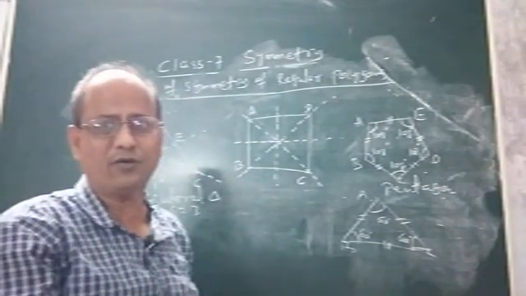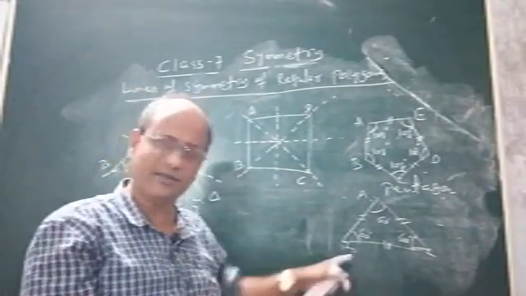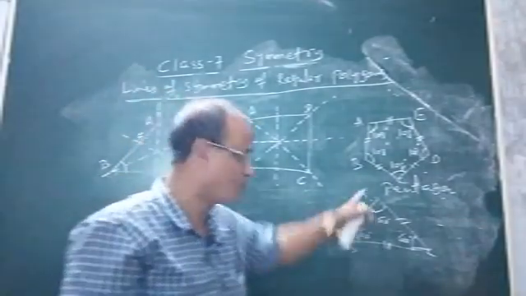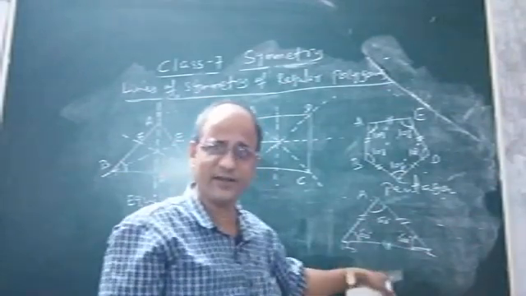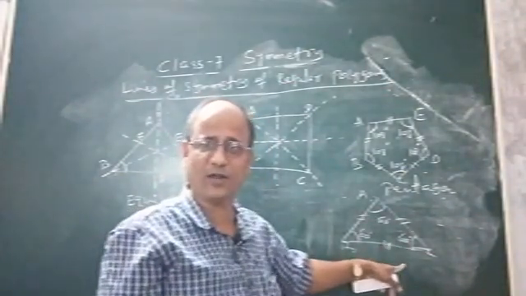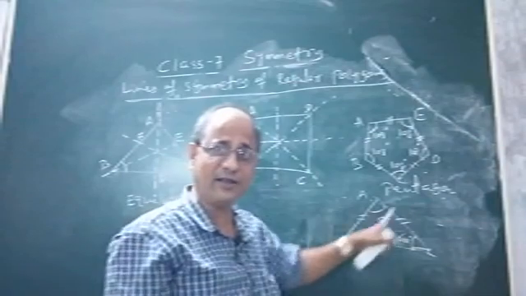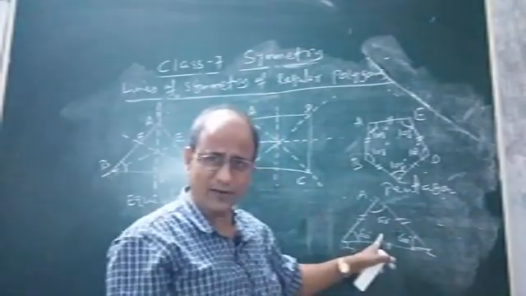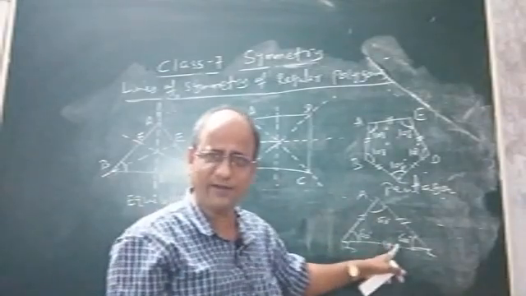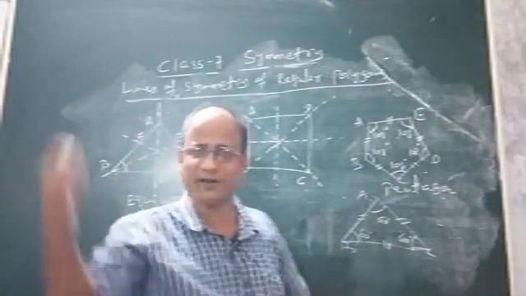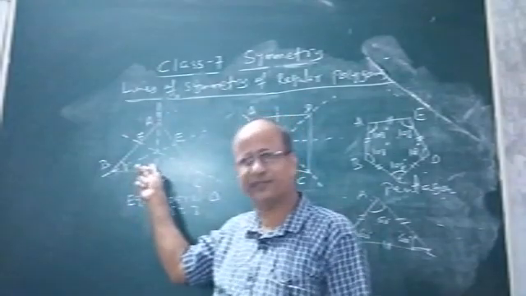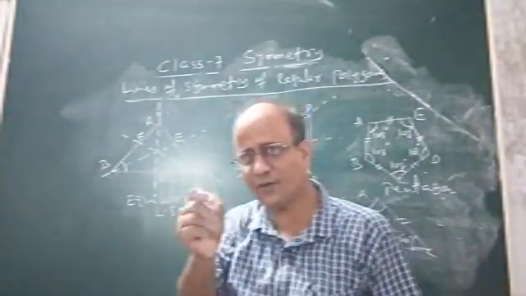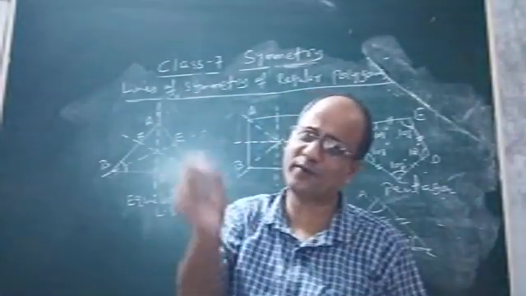And as I told you now, see, equilateral triangle, it is what? It is a regular polygon, because in an equilateral triangle, all the 3 sides are equal and each interior angle is 60 degrees. So it is no doubt a regular polygon, and it has how many lines of symmetry? 3. Children, you mark here. In this regular polygon, there are how many sides? 3 sides. And how many lines of symmetry did we find? 3. That means the number of lines of symmetry of a regular polygon is equal to the number of sides.